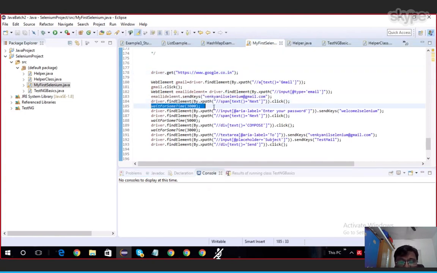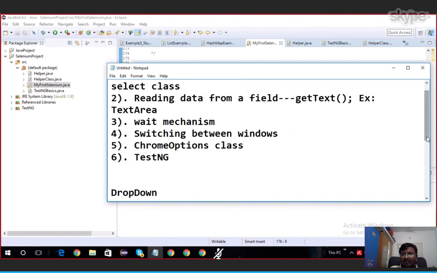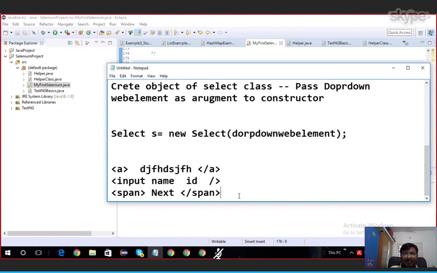Instead of this one, I explained yesterday, if you use this sleep time, we don't know how much time we have to give exactly. If you give less, it may fail. If you give more, if the page loads unnecessarily, it will wait till that time completes. That is the reason we are going to use Selenium related sleep mechanism. There are two types of sleeping mechanisms. One is implicit, another one is explicit.